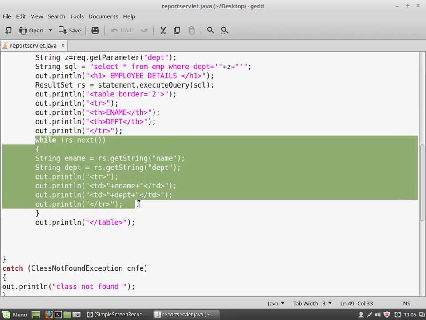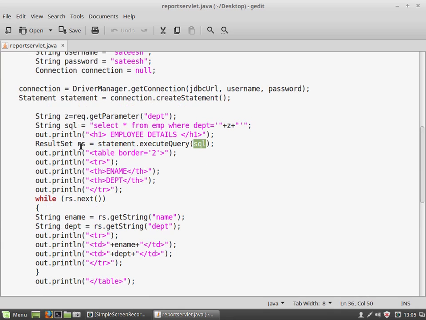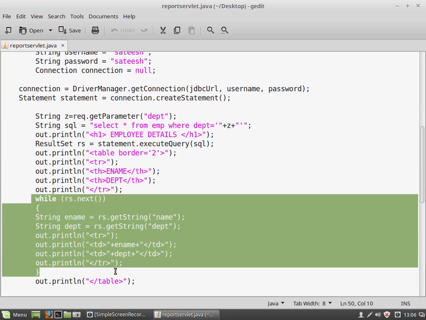I passed a variable called SQL. During the creation of a result set, the statement.executeQuery will be executed. So the SQL statement is already written, and the result set will hold the return values of this SQL statement: select star from EMP where department equals Z. If the Z value is CSE, then all CSE employee details will be available in the result set instance rs. Using this rs, as a simple automatic iterator,